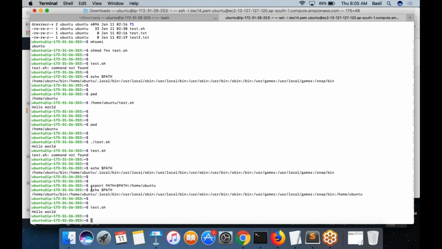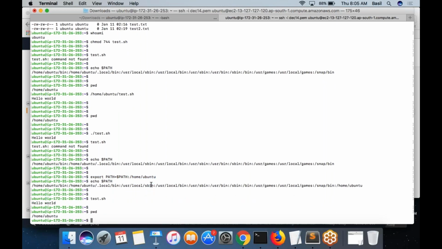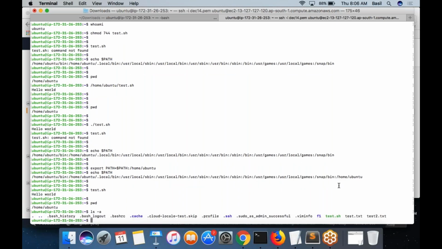What you need to do is just copy this command into a file called .bashrc under every user home folder. I told you the path environmental variable is specific to the individual user. Every user will have their own path variable. So right now what I want is for the Ubuntu user to be able to execute the command test.sh. I want to add this folder into the path for the Ubuntu user and make it permanent. What I can do is just look for a file .bashrc inside the home folder of the Ubuntu user.